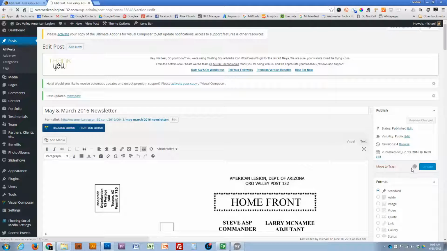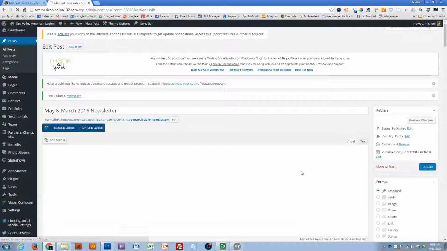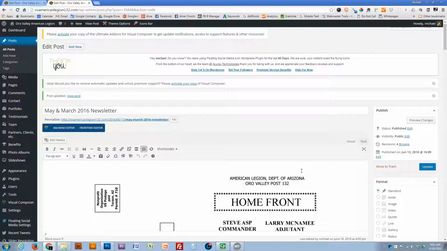Make sure you always hit update. I do that with a little bit of redundancy in case I ever forget. Always update. If you begin to leave and you don't update the page, it will notify you: Do you want to make these updates before you leave this page? And that is how